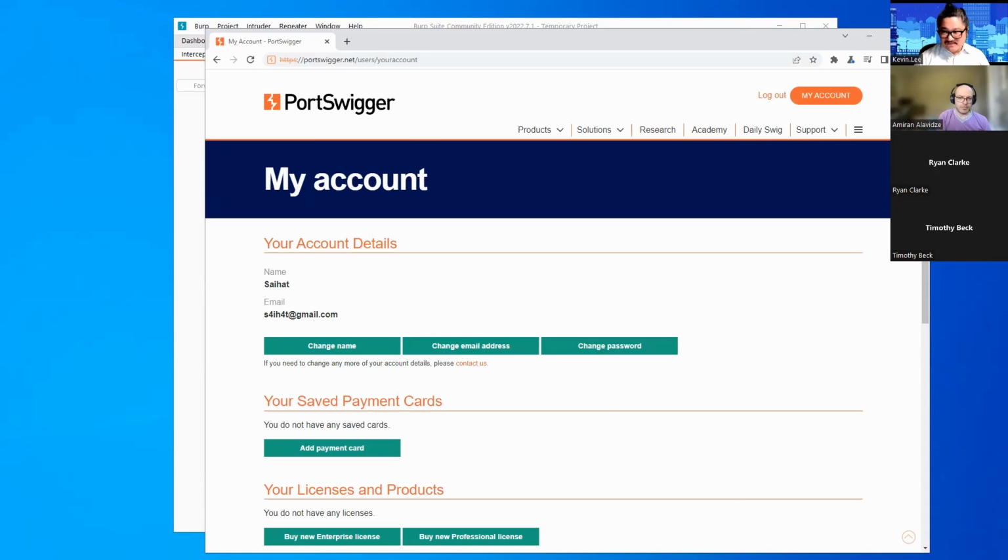So everybody, if for some reason you're having issues with logging in or starting up your Burp Suite, please type in the chat, and the moderators will try to help you. Okay, so everybody, if you're logged in, if you've started up Burp Suite and you've logged into your Portswigger account, please type logged in the chat to let me know that you've gotten thus far.